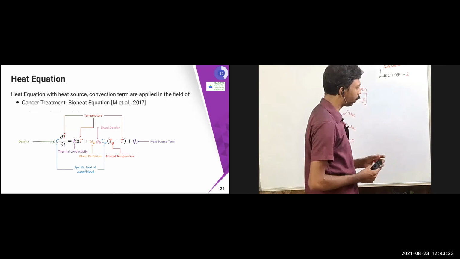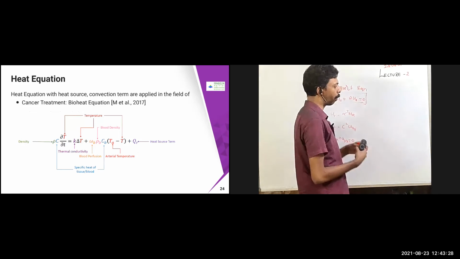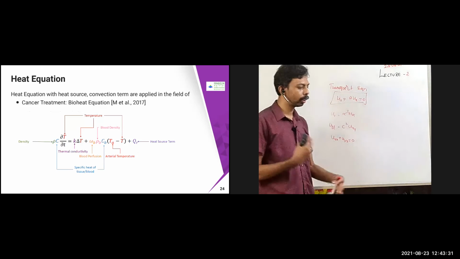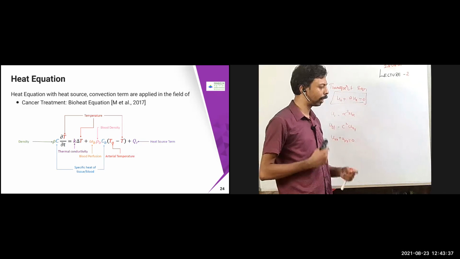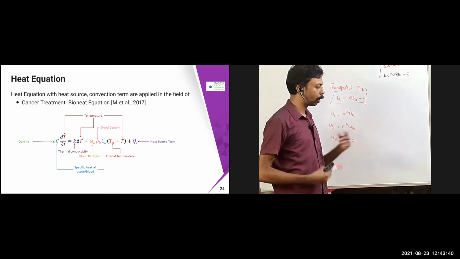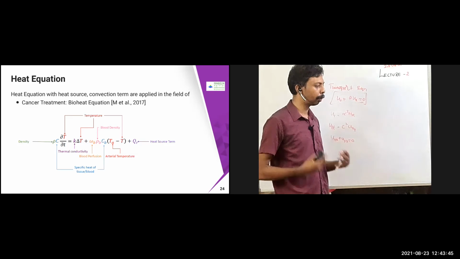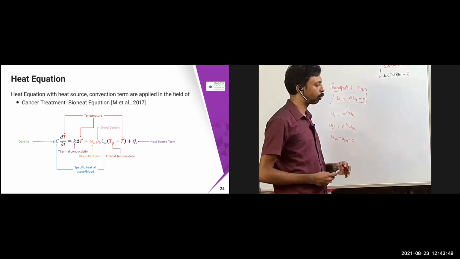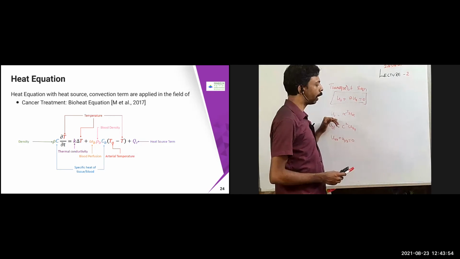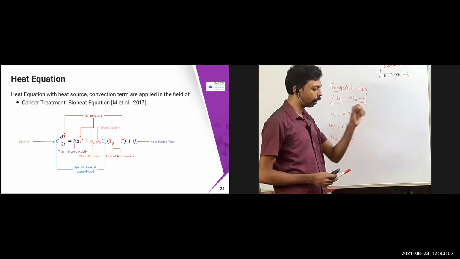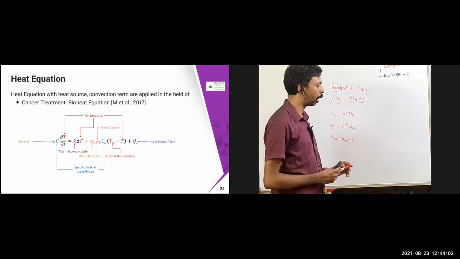Then this is again used in cancer treatment also. This is one of my research areas where I have worked. This is the heat equation, the bioheat equation. For example, when you are doing exercise, you will be generating some amount of heat. Suppose you are doing fast cycling or fast running, always your body will get some heat energy, metabolism will be produced. That can also be derived using this equation, called the bioheat equation. Also, this equation is used for some cancer treatments using needles which they induce, and then they produce some amount of heat. That is also from this one. That is called the bioheat equation.